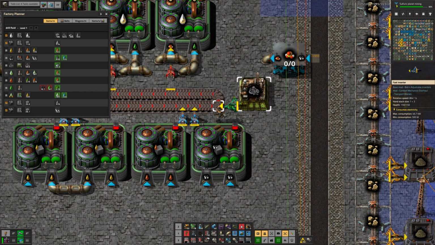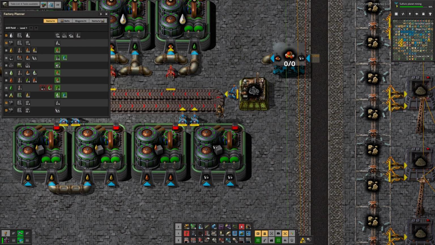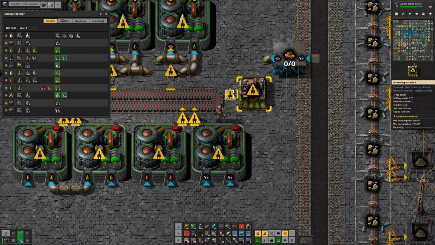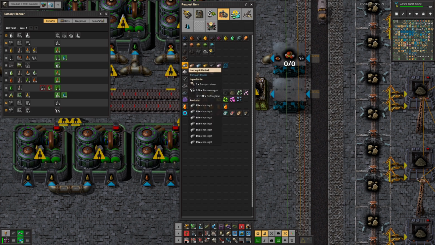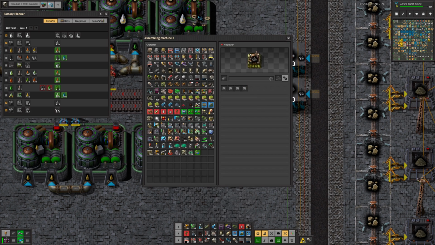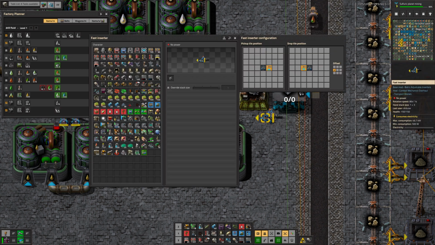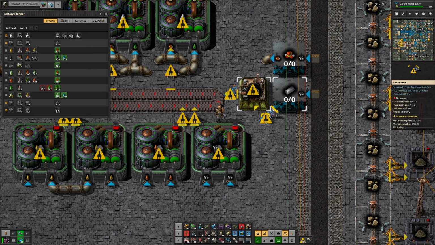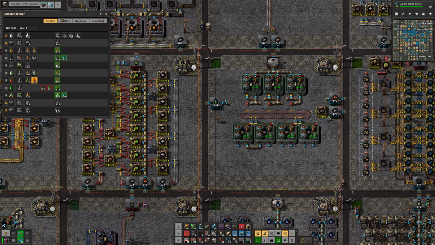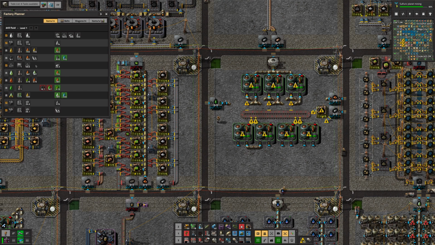Alright, so this is going to put on the near side of the belt. So we'll end up with a split belt of solid fuel and mechanical parts. This is going to be iron ingots. It is iron mechanical parts, isn't it? Yeah, good. Okay, and then I'm going to do some inserter shenanigans. There. Works for me. So that is mechanical parts. Okay. Then we have